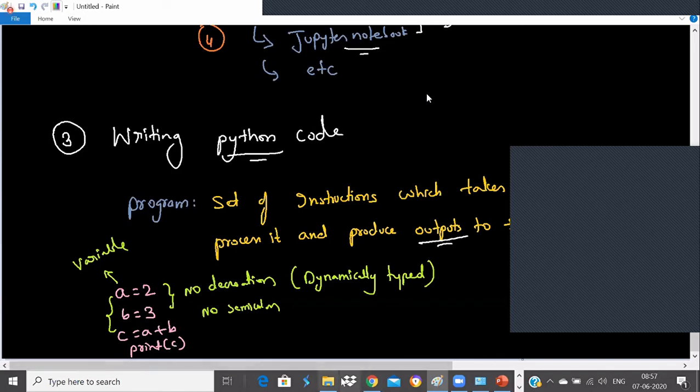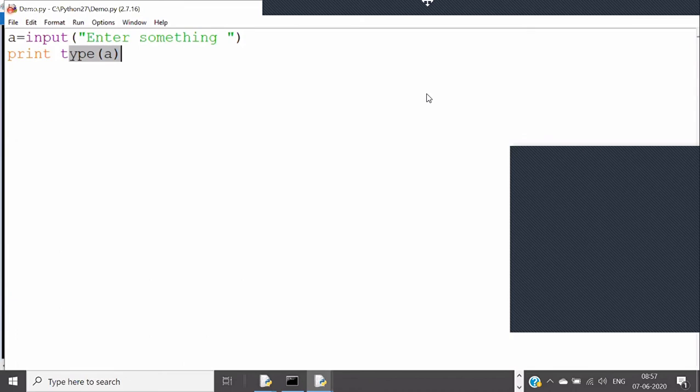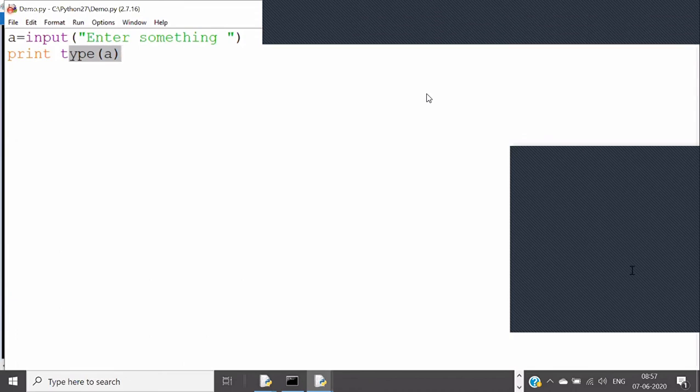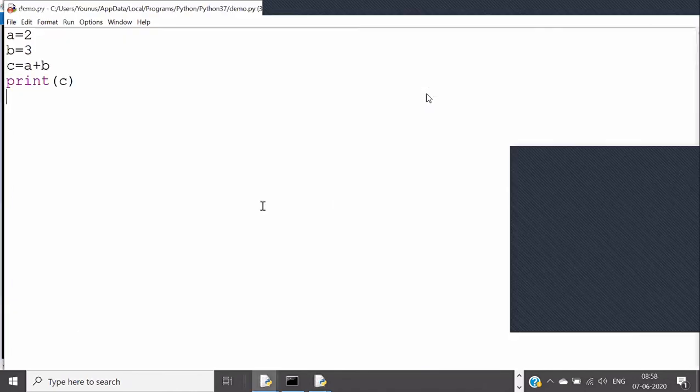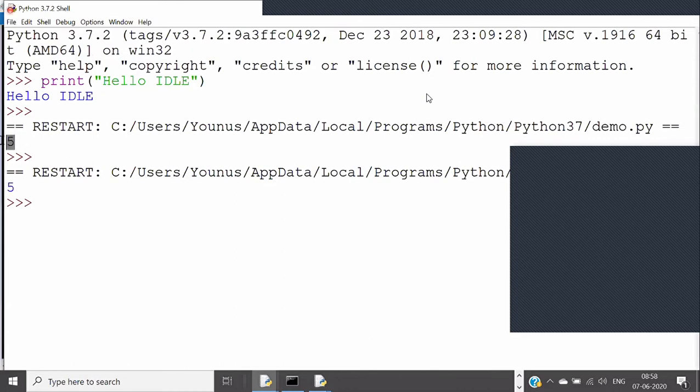So let me write it and show you. I already did it, but let me show you again. I'll close this Python 2 version, or minimize it, no problem, and I'll take you to Python 3 now. You can see here I wrote a is equal to 2, b is equal to 3, c is equal to a plus b, and print c. So I'm taking these two values and running. When I run this code now, you see here the output is 5 again. Previously also I got 5 and again I got 5 as well. If I run this code again, what will be the output, guys?